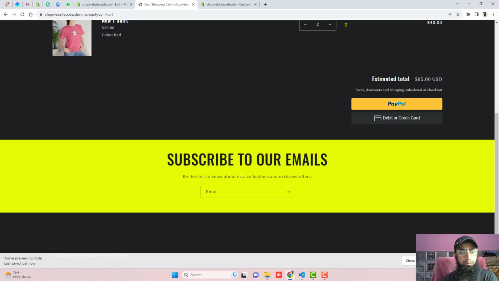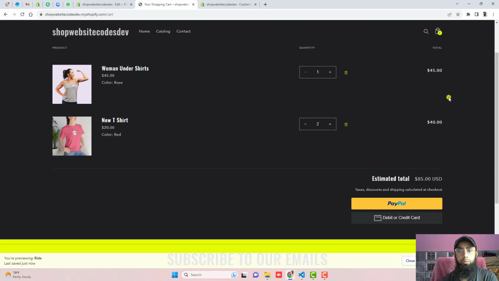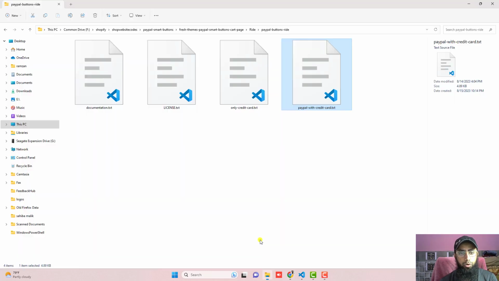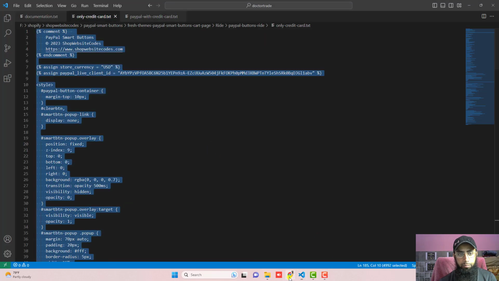If you are seeing its mobile view, this is looking more beautiful, like the PayPal button and the debit and credit card button. So one more thing is sometimes people are also asking me that they don't want this yellow button, so how can they hide this. So again, I have attached one more code, which is this one. Open it up and copy this complete code and replace it